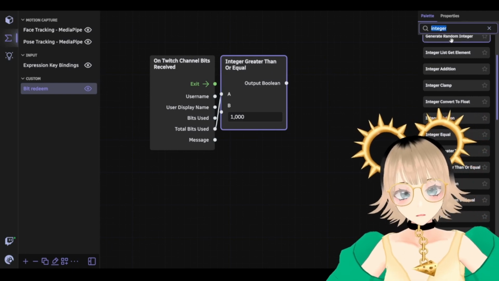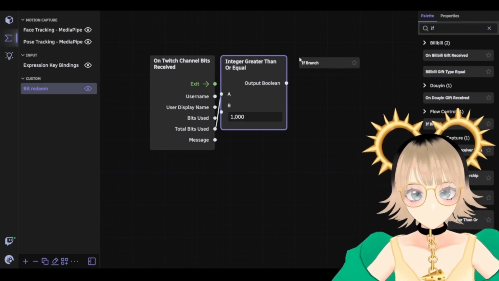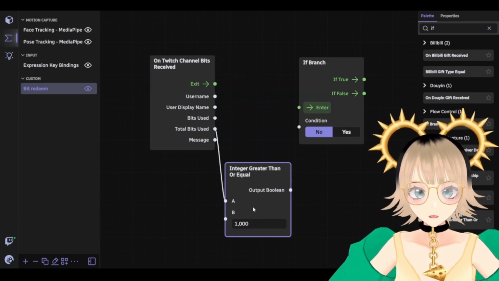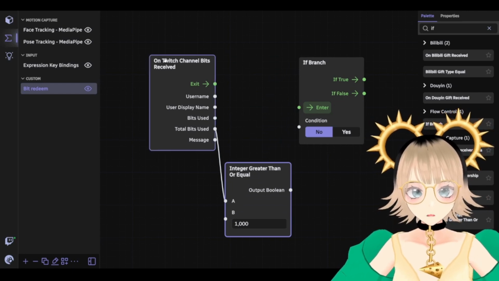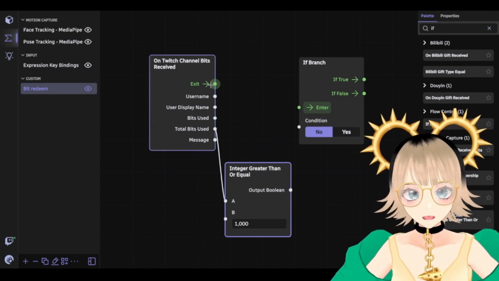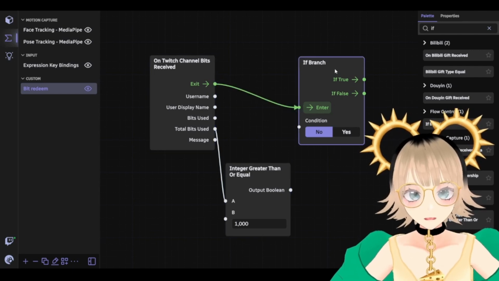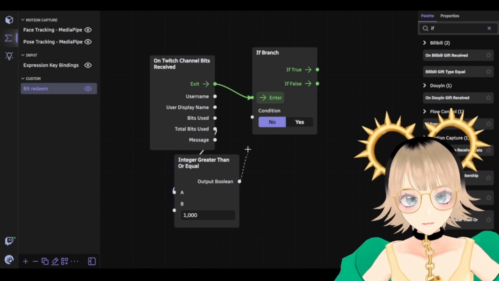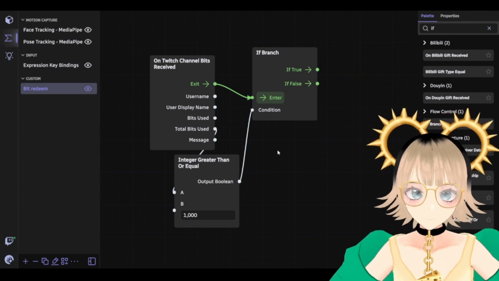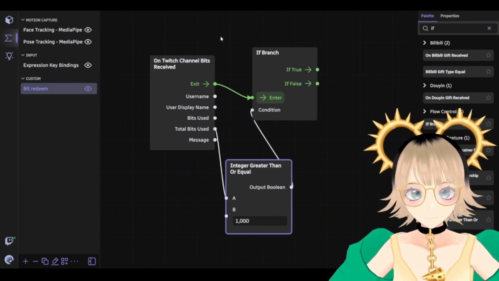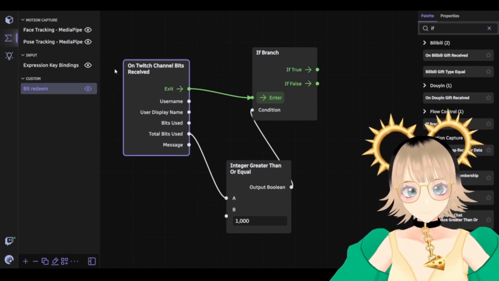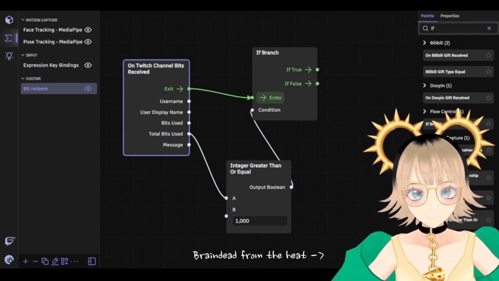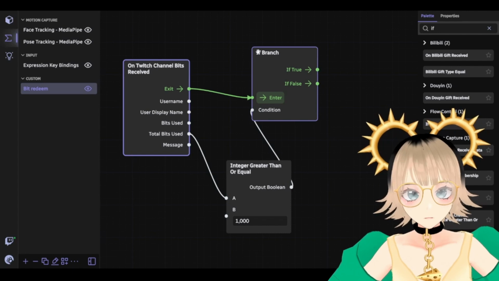And then we want an if branch over here. So this is our variable, and then this is the action, and we just want to connect this to our if branch over here, with the output boolean being the condition. So what this does is that when the Twitch bits are received of greater than 1000 or equal to 1000, then you get